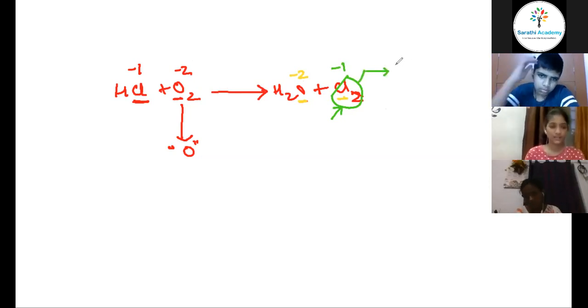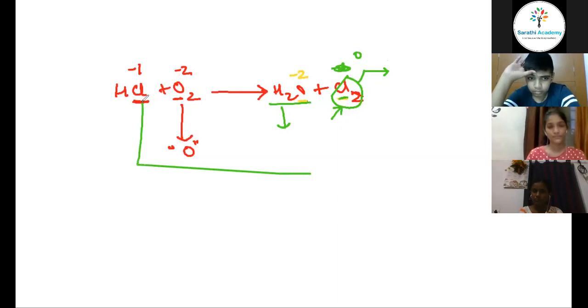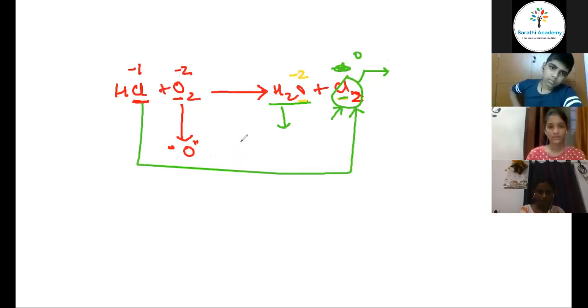Okay. See, whenever you are calculating charge, Adrika, first of all you have to see what are the elements in this compound. For example, here H2O. I actually got confused lately, but it will be 0 at this point. Okay. So from Cl-1 to Cl2, is it getting oxidized or getting reduced?